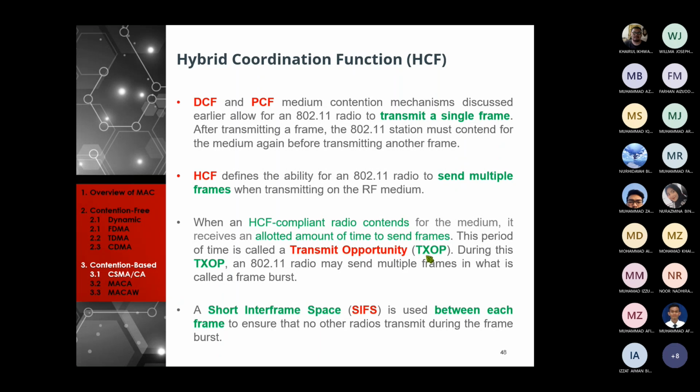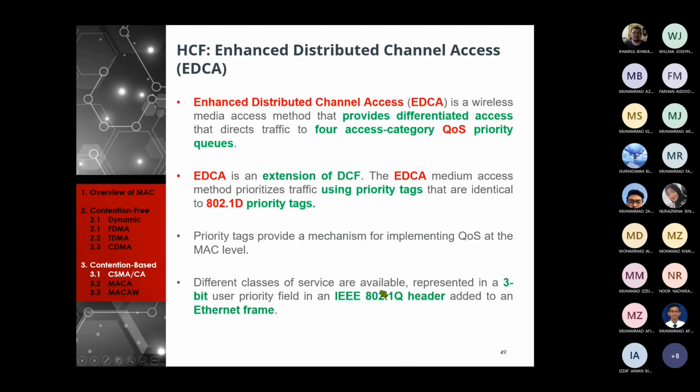Transmit opportunity. During the transmit opportunity TXOP, an 802.11 radio may send multiple frames in what is called a frame burst. Ni frame burst. Okay. A short interframe space SIFS is used between each frame to ensure that no other radio transmits during the frame burst. Maksud asal dia kan, macam CSMA. Enhanced Distributed Channel Access is a wireless medium access